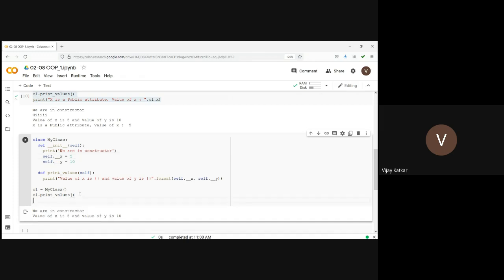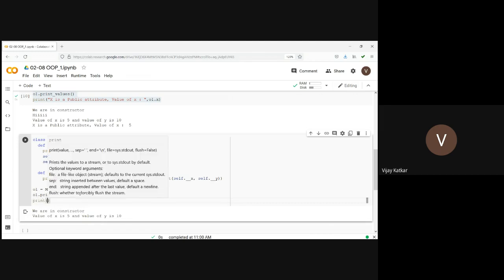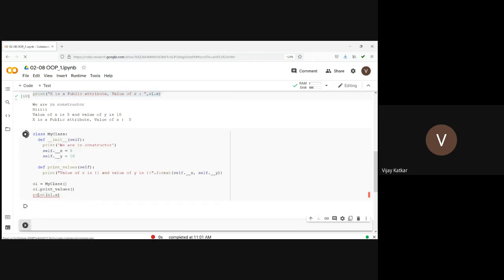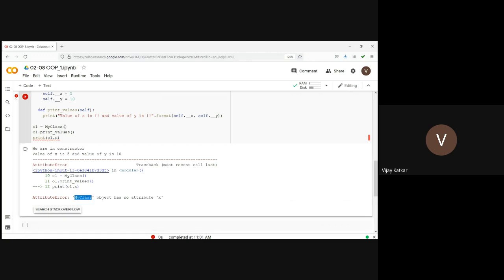Now let's check whether it is accessible outside the class scope or not. Let's say o1 dot x. Now it is not allowing the access for attribute x outside the class. When we are trying to print o1.x, it is giving an error that my class object has no attribute x. But, okay, I should have double underscore over here.